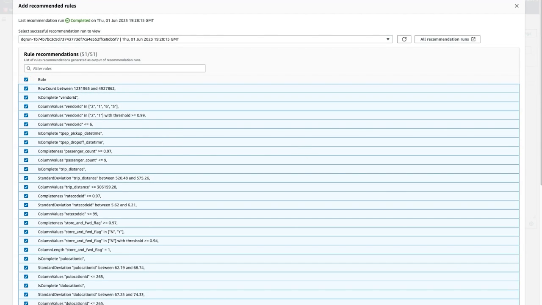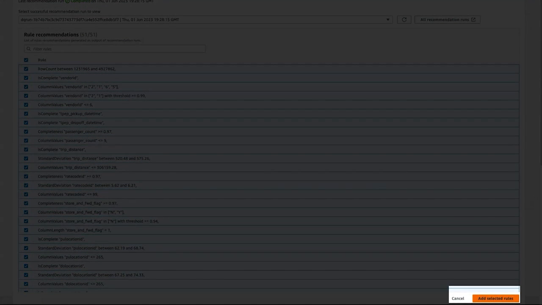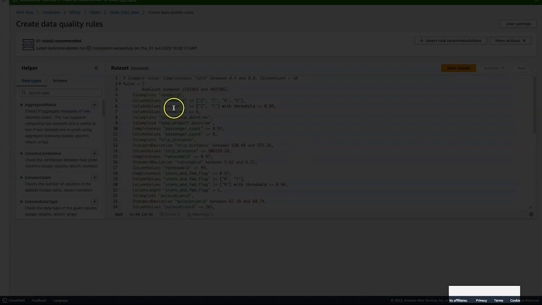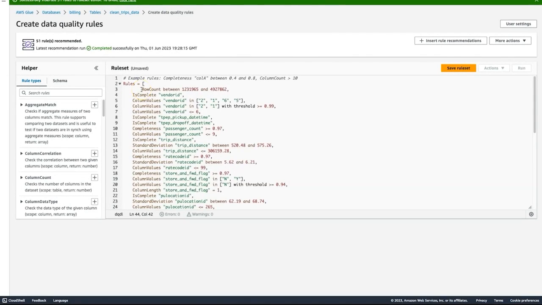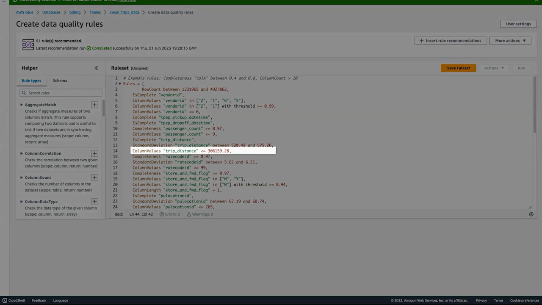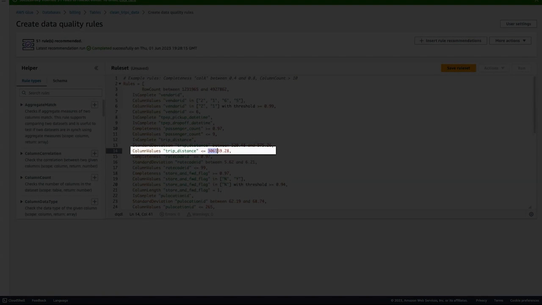I'm going to select all of these rules and insert them in my canvas. You can see that one of these rules says that the trip distance should be under 306,000 miles, which is most likely caused by bad data in my dataset. I want to limit my trip distance to be under 500.